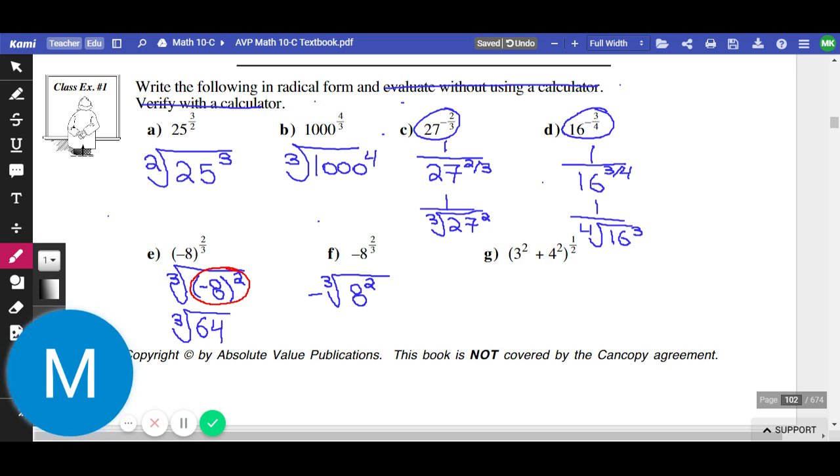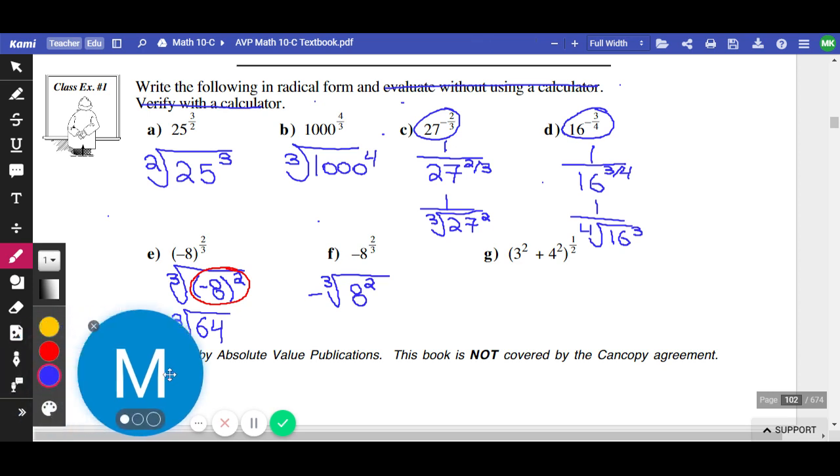Awesome. Last one, probably the hardest one. We have, you're not going to get a question like this, okay? Just for the record, you're not going to get one like that, so don't stress about it. But how you probably should do it: you should evaluate what's in here. Meaning you should simplify that.